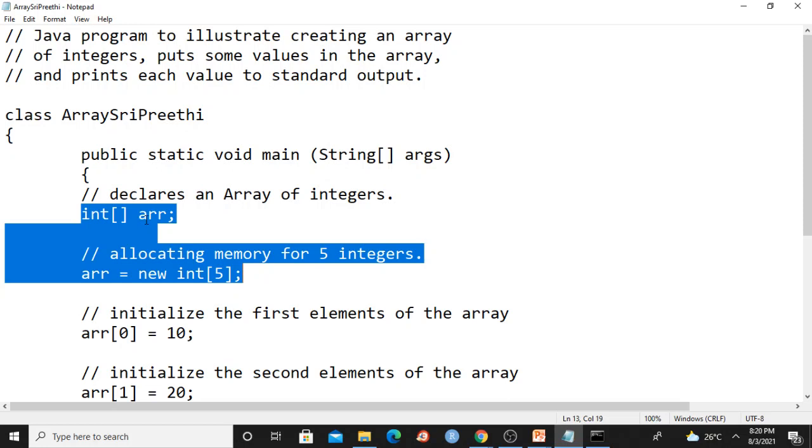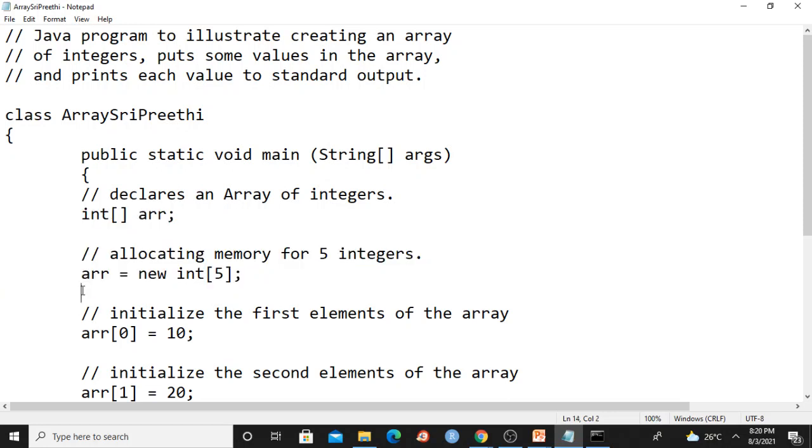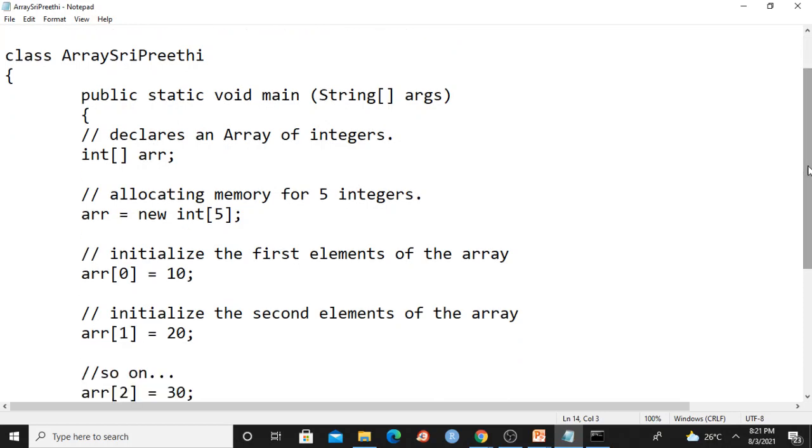This is the procedure for declaring arrays in Java programming language. This is syntax for creating, for allocating memory for declared array. Here, declared array is ARR. Initializing means here what happens? Internally, an array will be created. With which memory locations? As its size is 5, my first memory location is ARR0, my second memory location is ARR1, third is ARR2, fourth is like that, ARR0 to ARR4 you will get, isn't it?